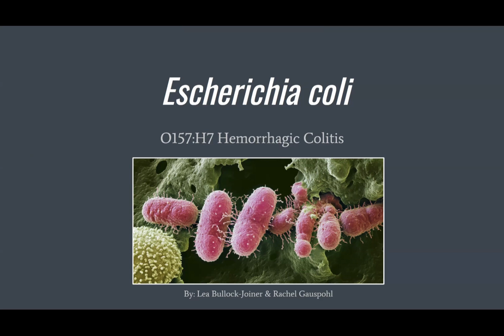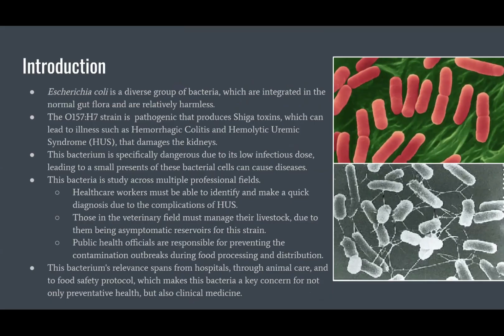For our final project, we decided to choose the Escherichia coli, specifically the O157:H7 hemorrhagic colitis strain. Escherichia coli is a commonly found bacterium in the human gut where most strains are harmless and even beneficial. However, this strain is highly pathogenic and can cause serious gastrointestinal illnesses. It is classified as an enterohemorrhagic E. coli and is primarily known for producing Shiga toxins, which can lead to hemorrhagic colitis, which is bloody diarrhea, and in severe cases, hemolytic uremic syndrome, commonly known as HUS, a life-threatening condition that damages the